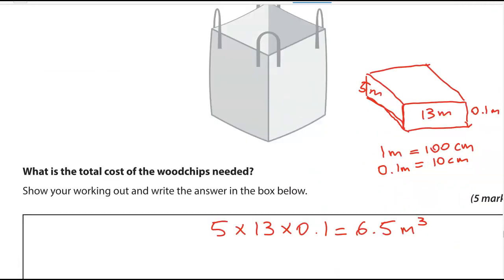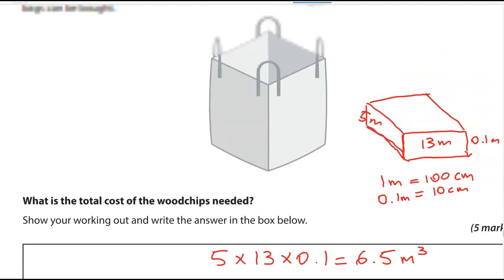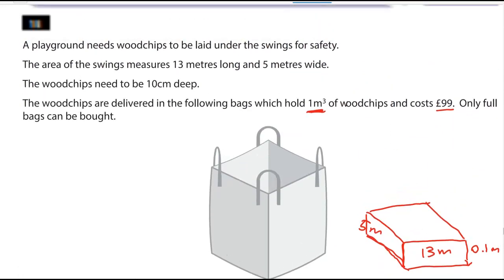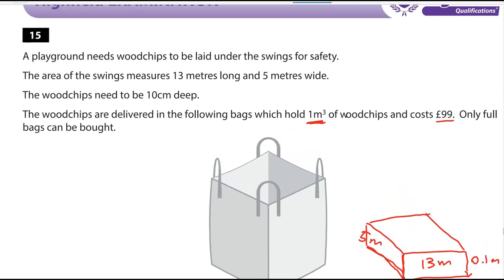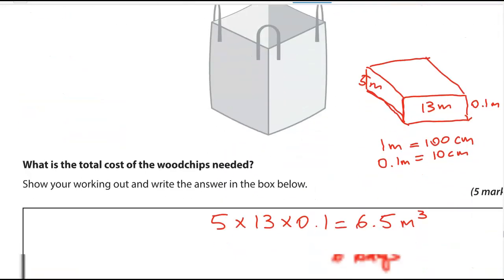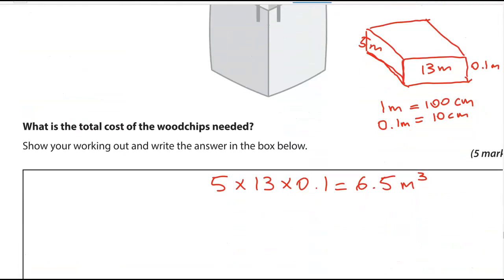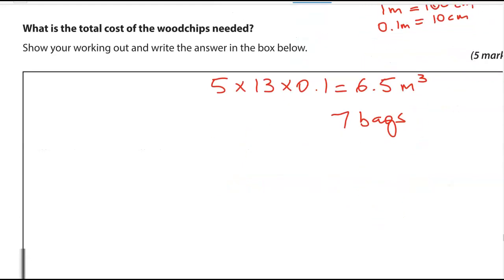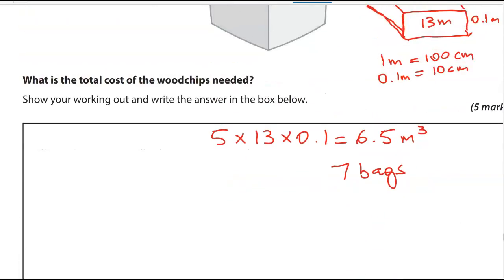So if we have 6.5 cubic meters of wood chips, and they can only be bought in full bags, that means we're going to need to buy 7 bags, because we can't buy 6.5 of them, or 6, because that would be less than we need. So 7 bags,